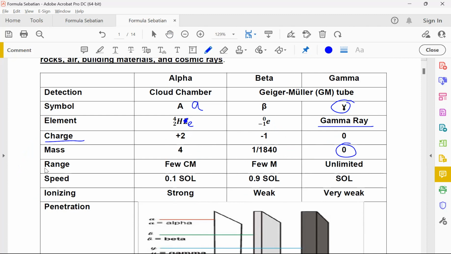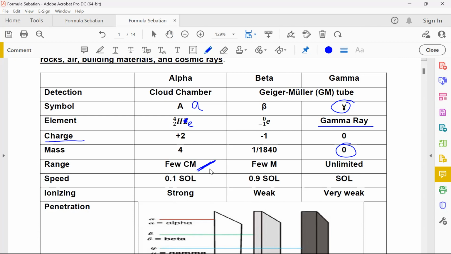In terms of the range, alpha particles, just like the fat kid, cannot run very far. Hey, this is not discrimination, it's just physical facts. Don't put racism in this stuff, right? Okay, so anyways,